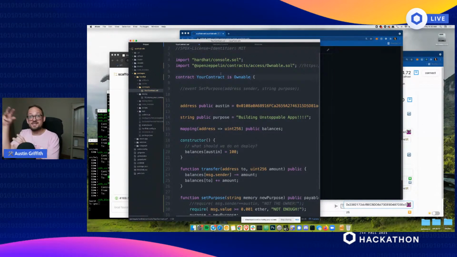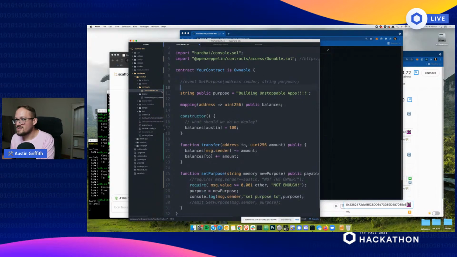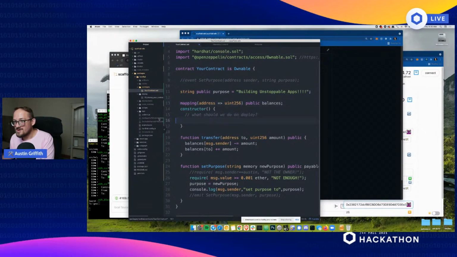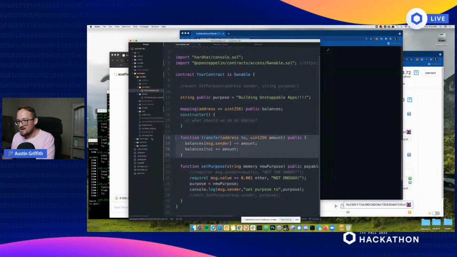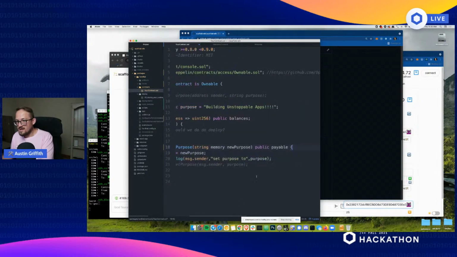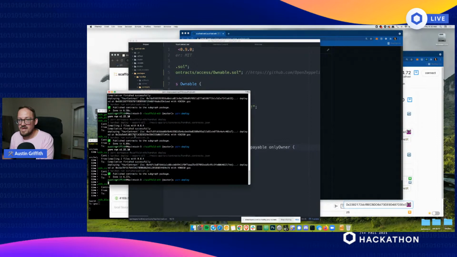So my contract is going to have all this other stuff from that other contract. And let's just get into it. Let's take that out. Let's take our balances out. We don't need balances anymore. Take our transfer function out. What I want to show specifically is that we want this to be only owner now. Okay, and if I deploy that,